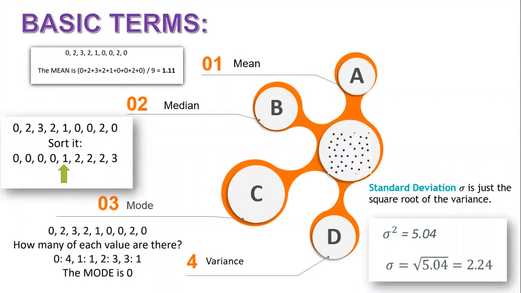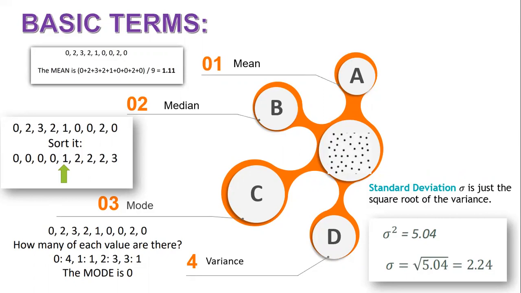Basic terms. The mean of a set of data values is the sum of all the data values divided by the number of data values. The median is the middle number in a list of numbers sorted in ascending or descending order, and can be more descriptive of the set than the average. To find the mode, it is best to put the numbers in order, then count how many of each number there exists. A number that appears most often is called the mode.